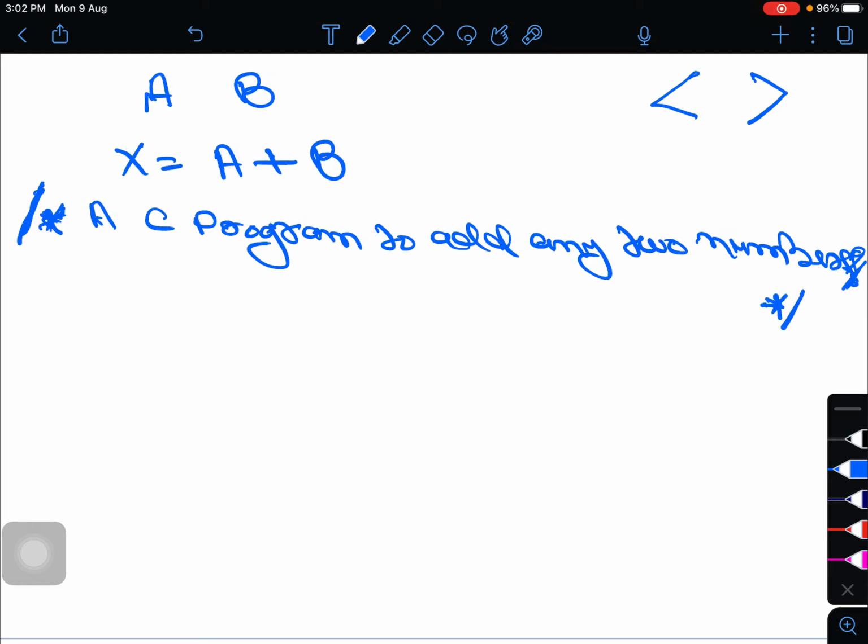Okay. After this we come to the header file, hash include stdio.h. It instructs the compiler to link all inbuilt libraries. std stands for standard, I stands for input, O stands for output.